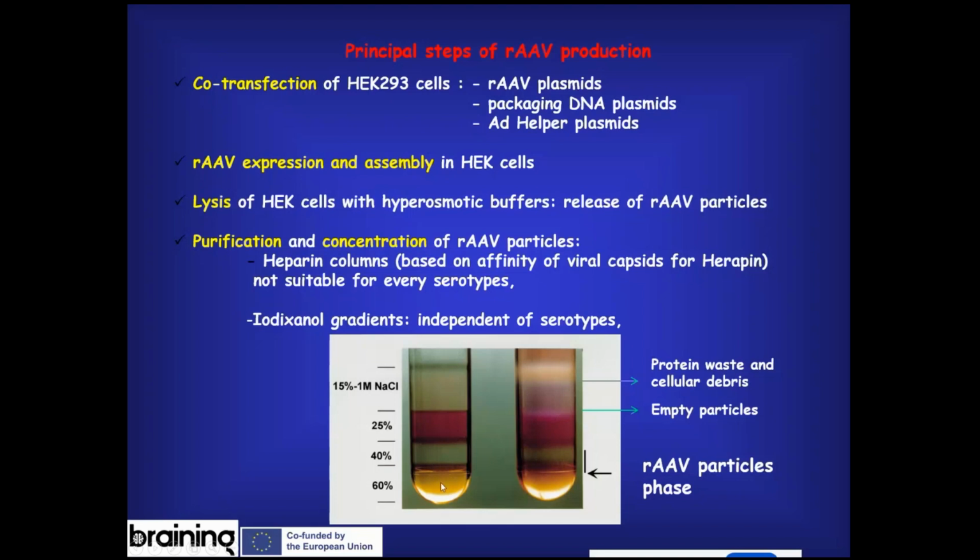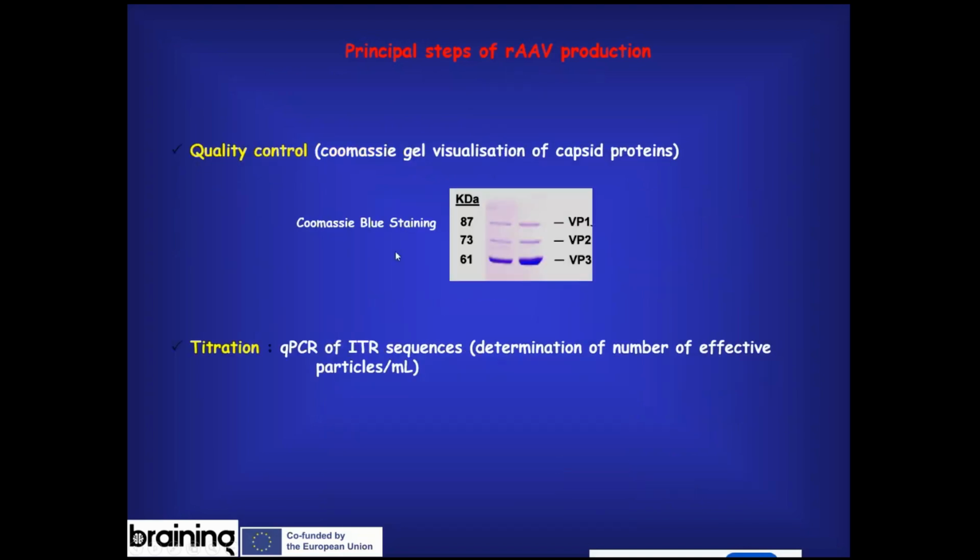Why you do this? Because if you do an ultracentrifugation, you can see that in this gradient you will have formed a layer of protein waste and cellular debris. Here you have a white layer of empty particles. And then in this phase, because of the higher density, you will have the AAV particles. So you just aspirate this phase, you concentrate, you dialyze the sugar with a phosphate physiological buffer, and you will have your AAV purified. And after you have done this, you do a quality control of your